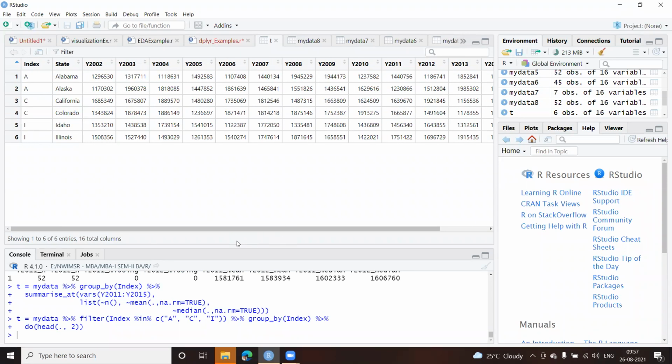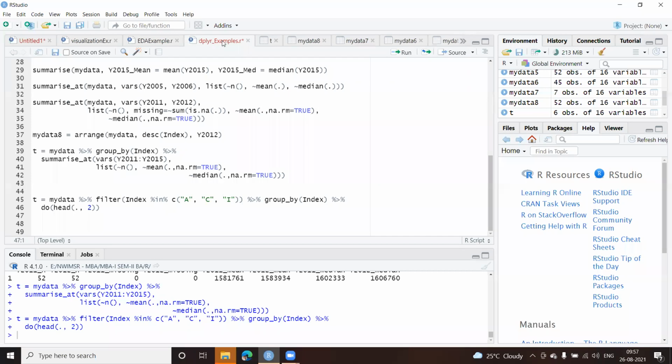If you want to summarize also, you can do that. You can have a combination. So these are multiple combinations which I have taken together using the do function. Do is something which will be used if I want to do some computation on a group of records. Because I had already grouped it by this and I want to do something on that, it is going to get me the top 2 records from each group. So in this case, it was a group of A, group of C, and group of I records.